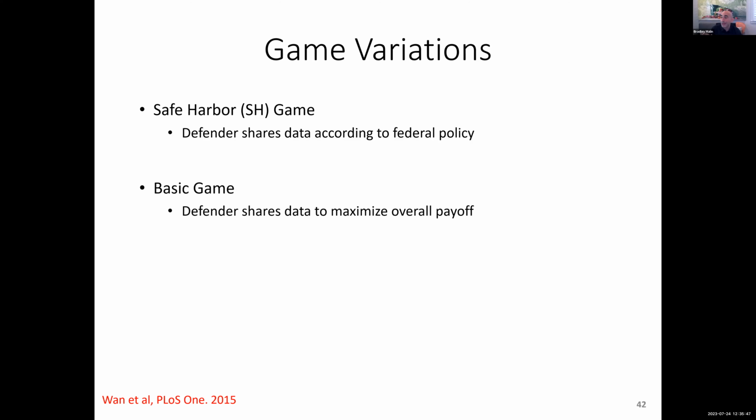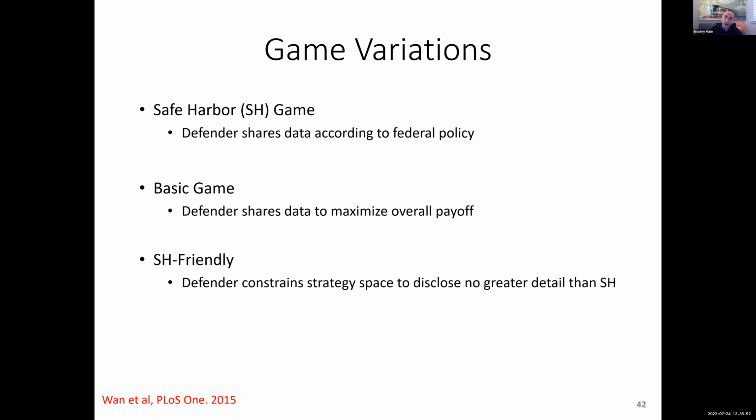And then I'm going to play this basic Stackelberg game. And then I'm going to do another version where I'm going to show you what happens with the limit of what you can do that is consistent with safe harbor. And the reason why I'm doing this is that some institutional review boards we've found are just not comfortable with creating new ways of sharing data, even though HIPAA says, look, you can do a risk-based approach. A lot of them say, look, we're familiar with safe harbor. We're going to go with that. What we're going to see is, well, do you really need to play it out into the limit of what safe harbor allows you to do? Is that your best decision?